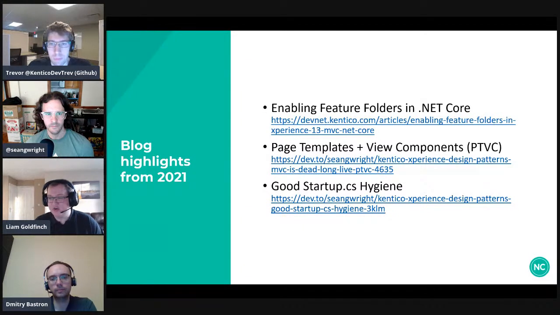And the other article by Sean is on good startup hygiene. Over the years, I've worked on many projects where the startup file can get quite large and it's hard to manage. Again, new developers and even more experienced developers will find it hard to manage once it gets over a certain size. So it's nice that in Sean's examples, he's got extension methods in there that pull groups of